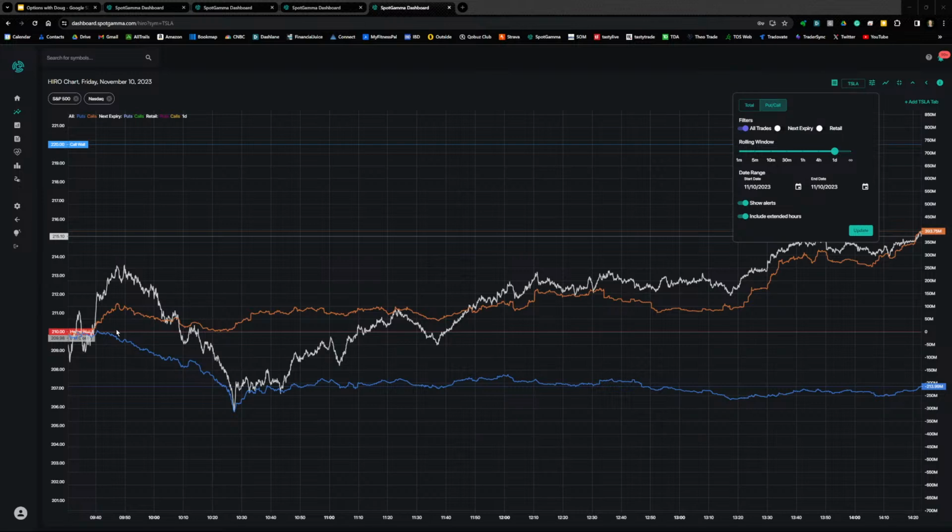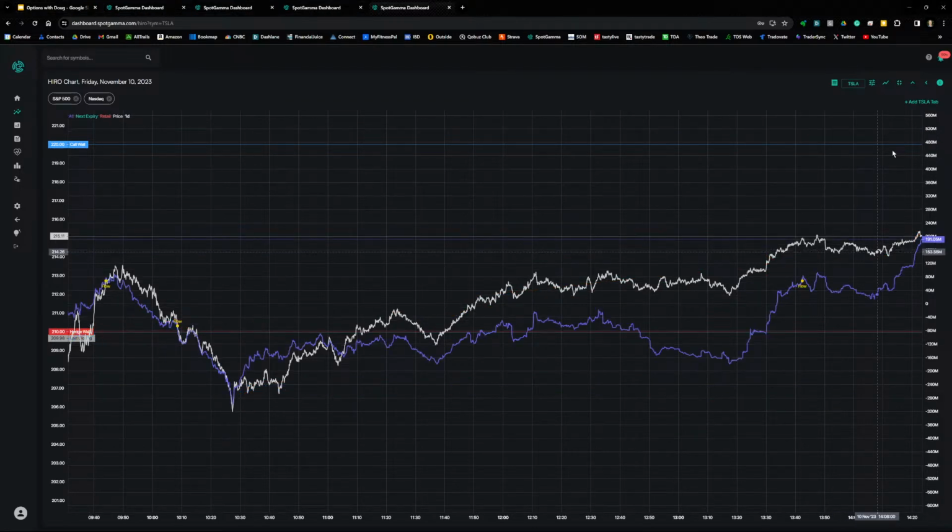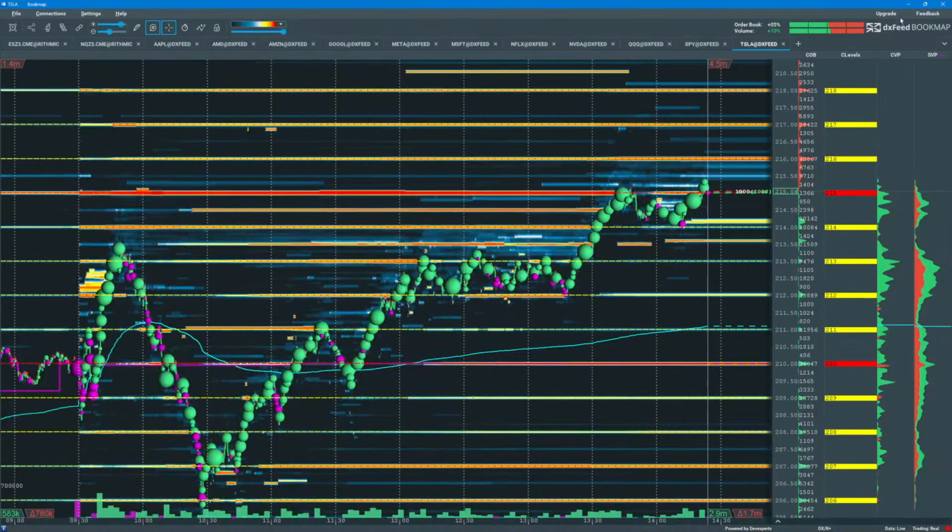So really this was driven, they were initially buying puts, stopped buying puts, sold a few, then the put line levels off, and the orange line is gradually sloping up. So in this case, when they stopped buying puts and resumed buying calls, price moved higher. And that was also in conjunction with all the aggressive buyers that was shown in Bookmap.